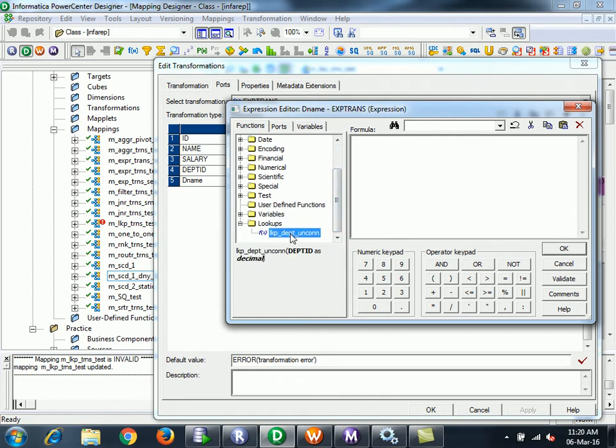So you will see that lookup over here. In the parenthesis, you can pass input to this lookup. You can pass multiple columns as input, that is acceptable. But the only thing is, an unconnected lookup will return only one column from that lookup. You cannot return multiple values. For join condition or for checking purposes, you can pass multiple values from the expression to the lookup, but the lookup will return only one column. Fine.